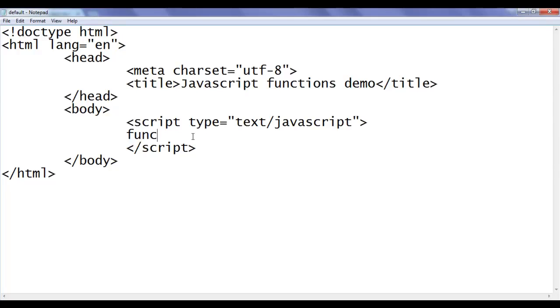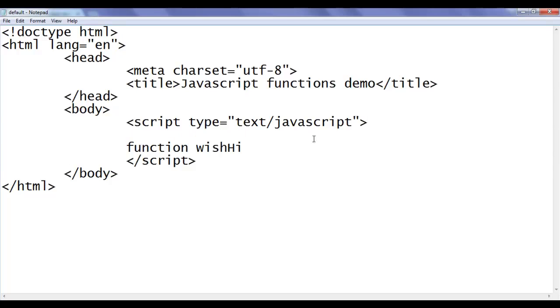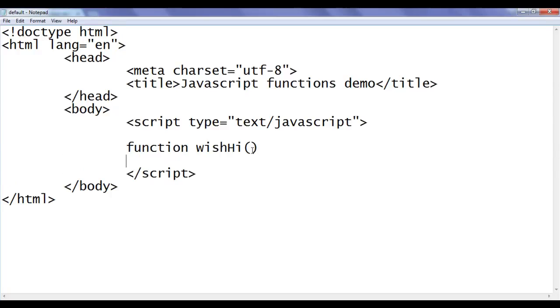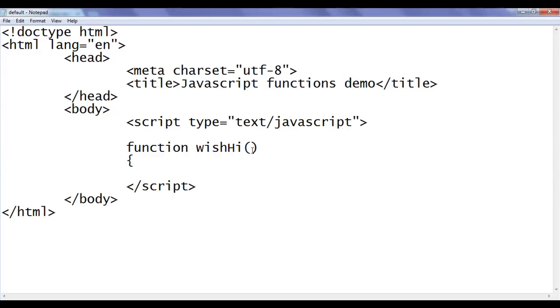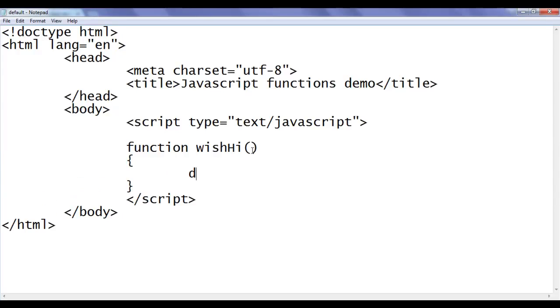We write the function keyword, then a space, then the function name. I say here wishHi. You can see that I am following a camel case naming convention. Then a pair of parentheses, then an opening curly bracket, and a closing curly bracket. Here I say document.write, it should say hi, and move the cursor to the next